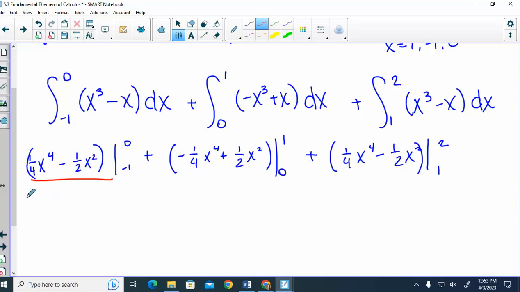Work these out. If I put in a 0, I get 0 minus, if I put in -1,